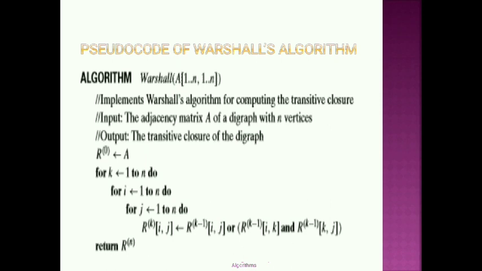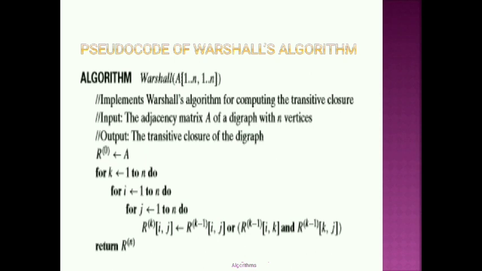Initially, since it is dynamic programming, we are building the solutions from a series of sub-solutions. Initially we have only the adjacency matrix that we assign to R0. Then we build Rn, that is, finally we get the solution Rn, which we will not get directly from R0. We start from R0, then we go to R1, then R2, R3, and so on up to Rn, where n is nothing but the number of vertices. So how do we build this?